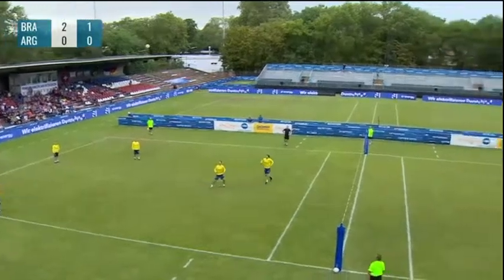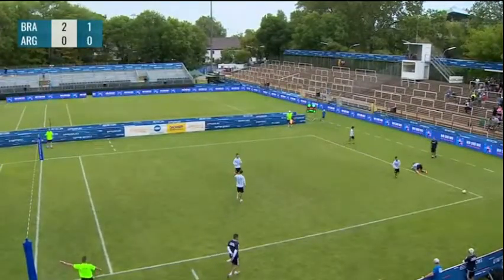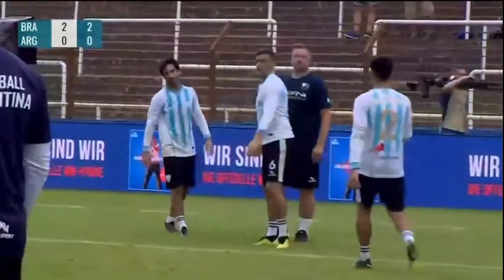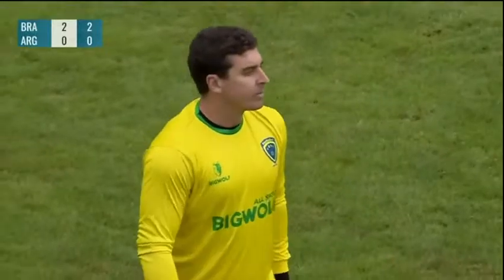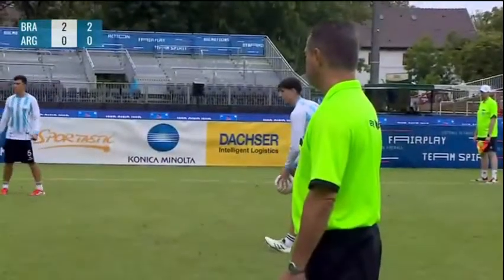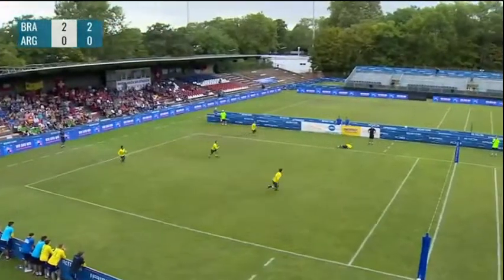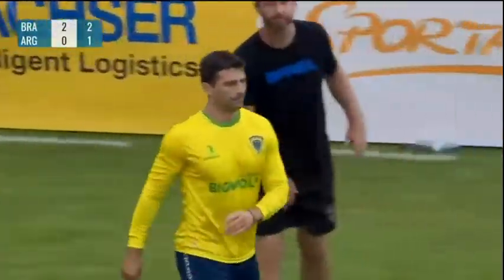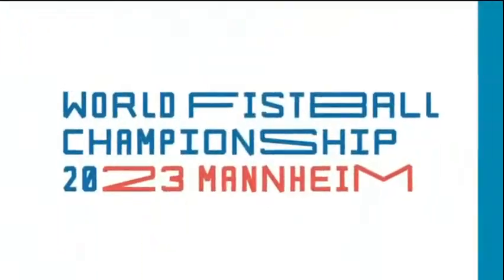Yeah, for everybody who has watched Fistball World Championships in the past, there are some changes in the schedule and in the overall tournament mode compared to the last two World Championships. The last World Championships in Switzerland 2019 and also 2015 in Argentina, we saw some double elimination round, which caused a lot of games at the end. And also all the top teams have played each and every day of the week. Not only the teams that try to step up into the semifinals, but also Germany, Switzerland, Austria and Brazil have played every day